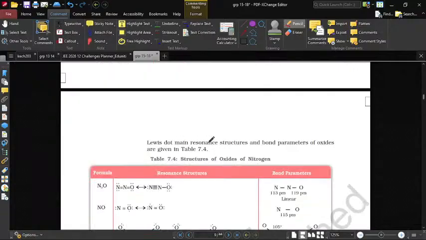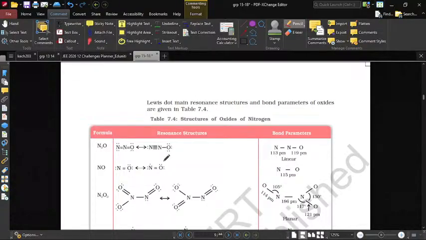Lewis dot main resonance structure and bond parameters of these oxides are given below. N2O में यही चीजें याद रखना मेनली कि इसमें 4 बॉन्ड पेयर और 4 ही लोन पेयर है. दो लोन पेयर और एक अनपेयर्ड है इसमें, NO में 15 इलेक्ट्रॉन है ना इसमें, एक अनपेयर्ड।